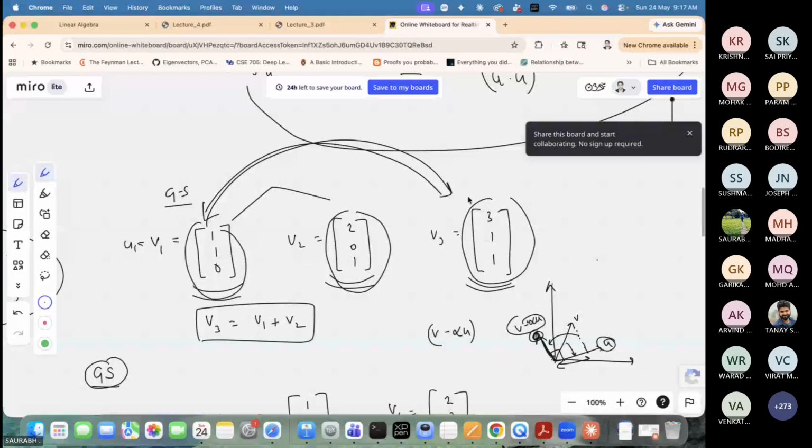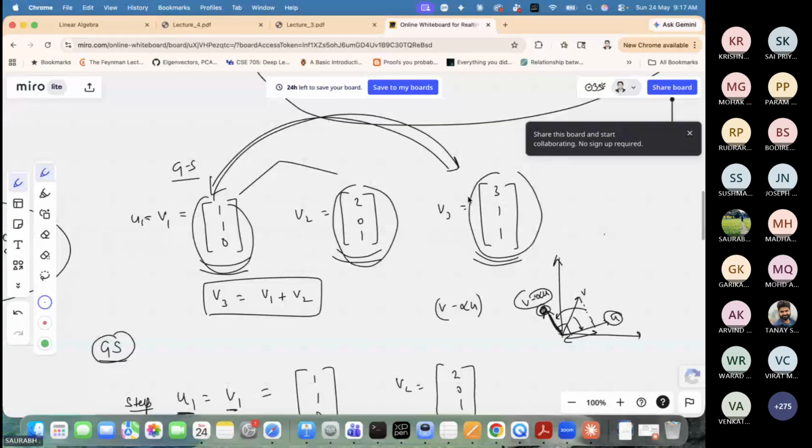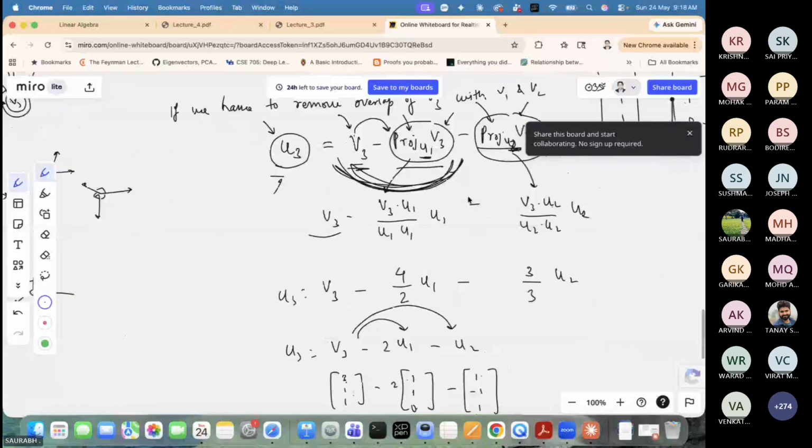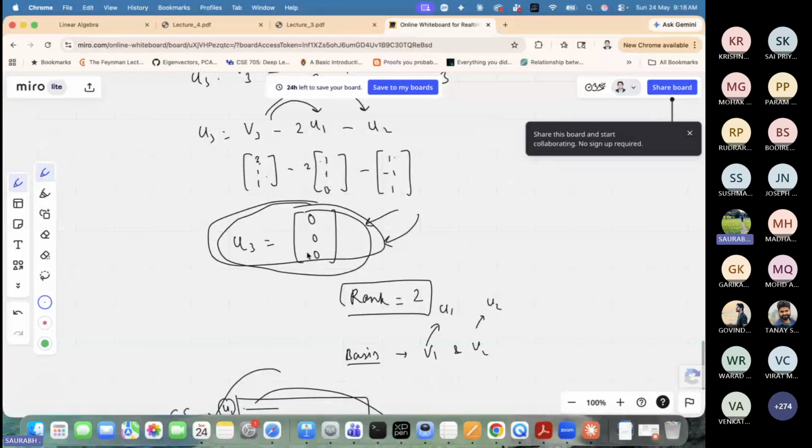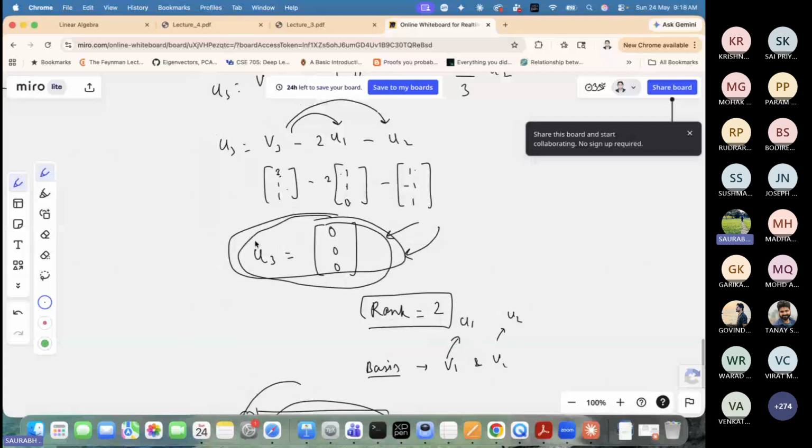Sir, finally we got U3 as a zero vector. Then you were saying that the rank is 2, but the rank should be 0 there. Why are we referring to the starting point of V1 and V2 in that case? See, rank means, when you look into a matrix, let's say we arrange those vectors in this format,